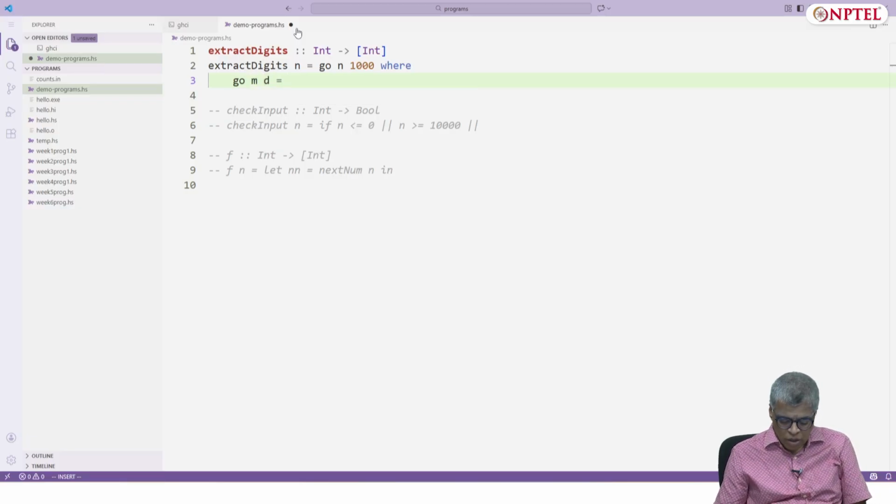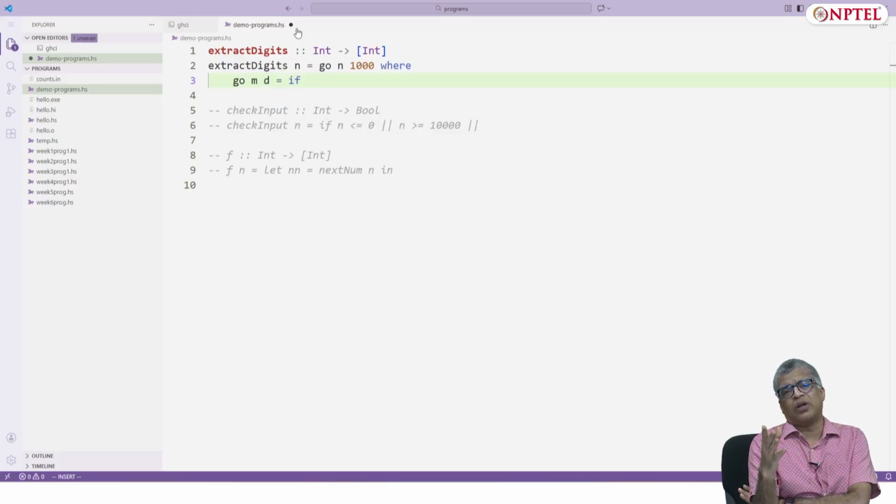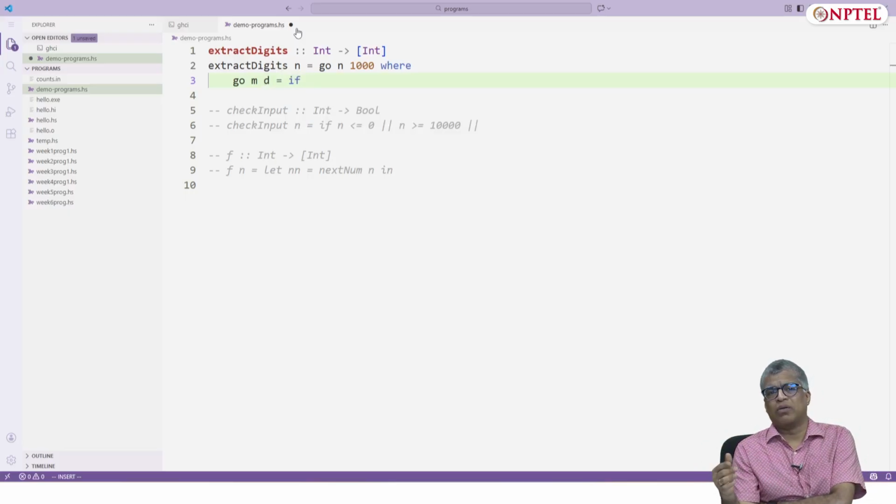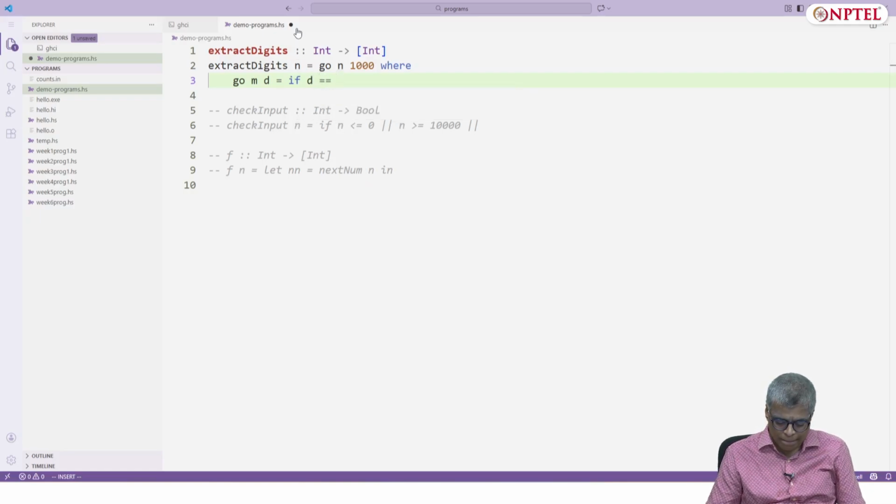You will see that I will also modify the divisor. First I have to divide by 1000, then by 100, then by 10, then by 1, so the divisor will keep shrinking. If the divisor ever becomes 0, I don't ever want to divide by 0. So if the divisor is 0, I will stop, and return the empty list by the time I have reached the end of this whole process.